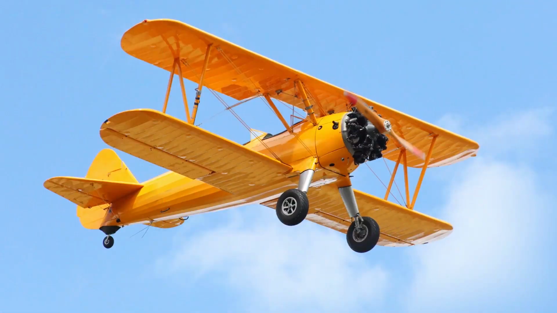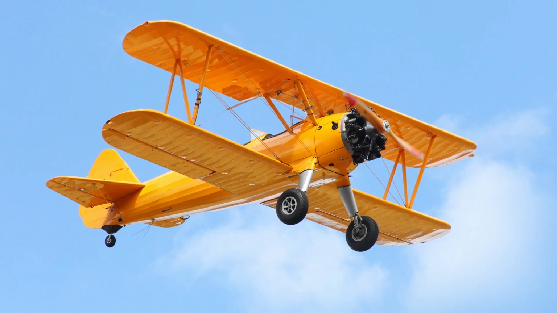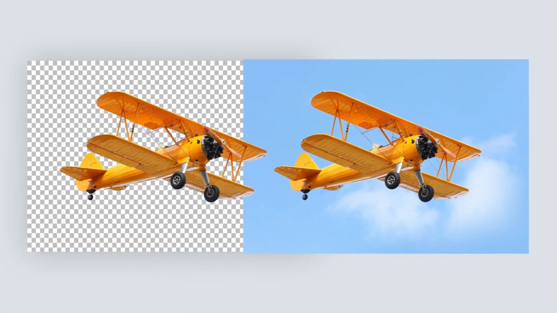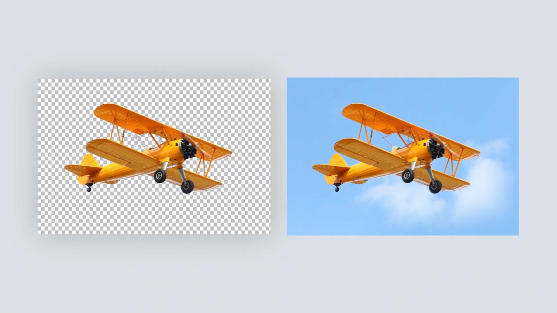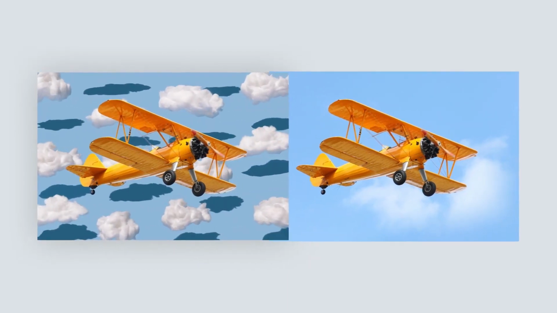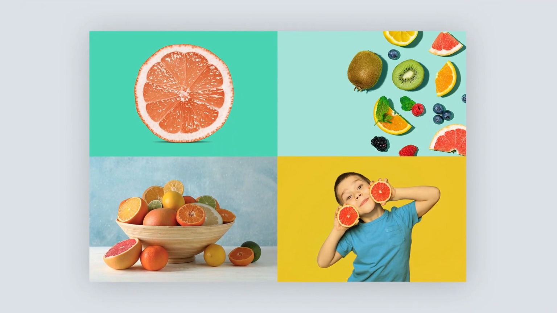Part of Photoshop's power is that it can help you create anything you can imagine. But how, for example, would you even go about turning this photo into a fun concept? We can select the biplane and then add a new background with puffy clouds. A selection is just a way to isolate part of an image so that you can change that part in